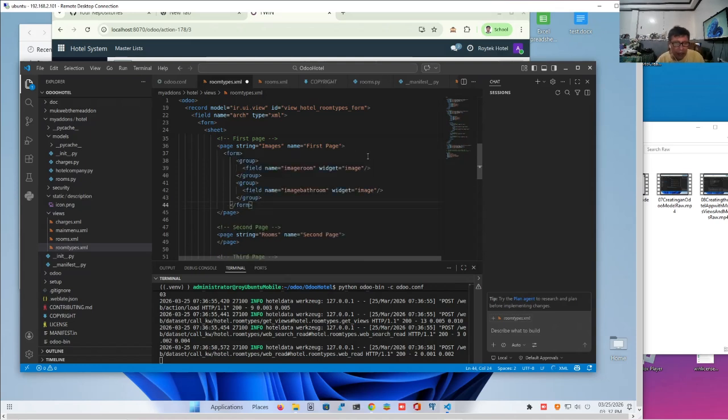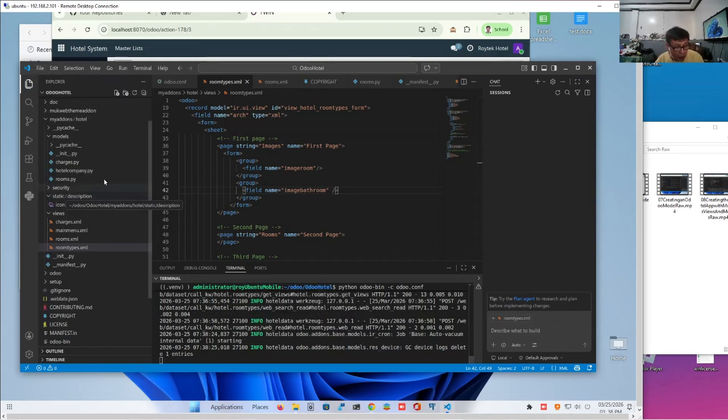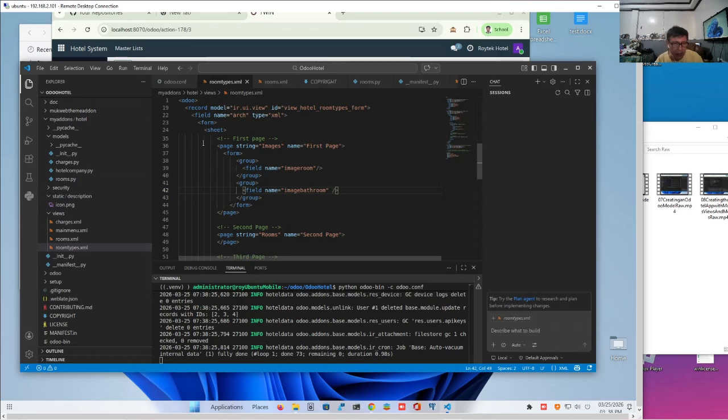To make a long story short, I made a form with the following fields: the image room and the image bathroom, which we have included in our model. And I'm using a widget. Let's remove the widget first so you will know the effect of this. What is a widget? A widget is a class of styles that will display an icon, just like a button in place of the field, which you can click. Anyway, let's update that.